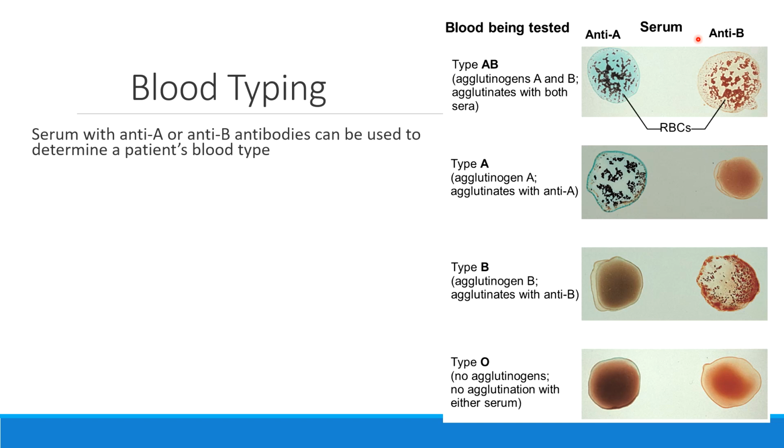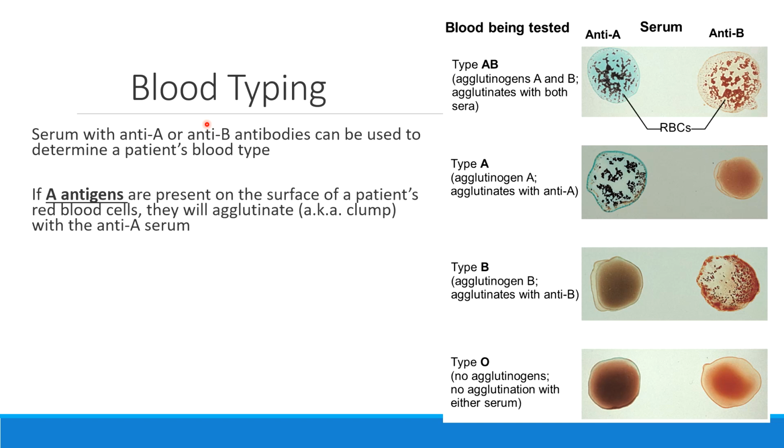patient, and we're adding them to our patient's blood to see what kind of antigens are on their red blood cell. So when we're thinking about how we do blood typing, maybe make a note for yourself that anti-A and anti-B, this is artificial. This is fake. We add this from the outside. When I add these different serums, that's going to allow me to see what my red blood cells have on top. So, for example, if my red blood cells have A sugar proteins on them, A antigens, when I add